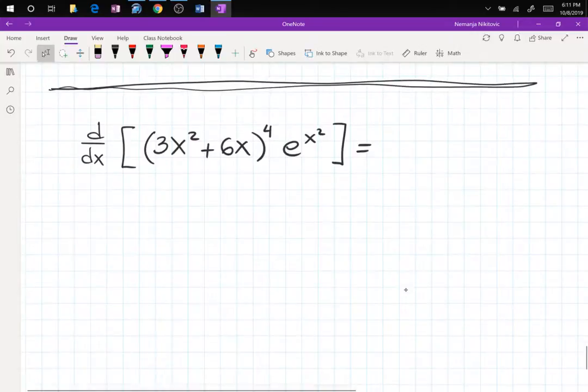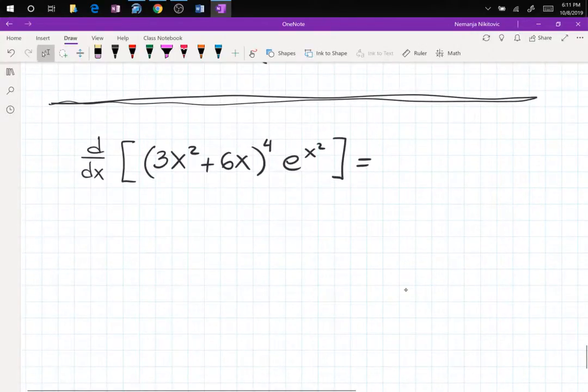So what do we see in this particular problem? Like which rule? Power rule? Product rule. We see a product rule. There is a times in between the two, and this one is product rule,